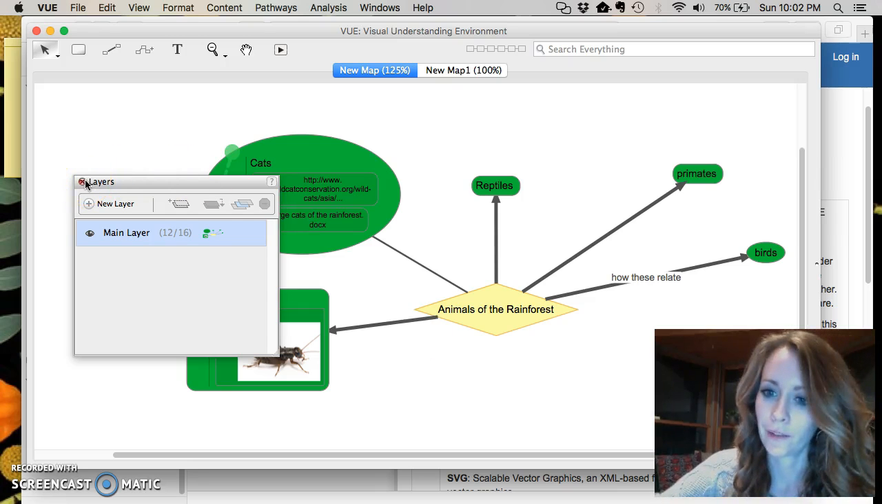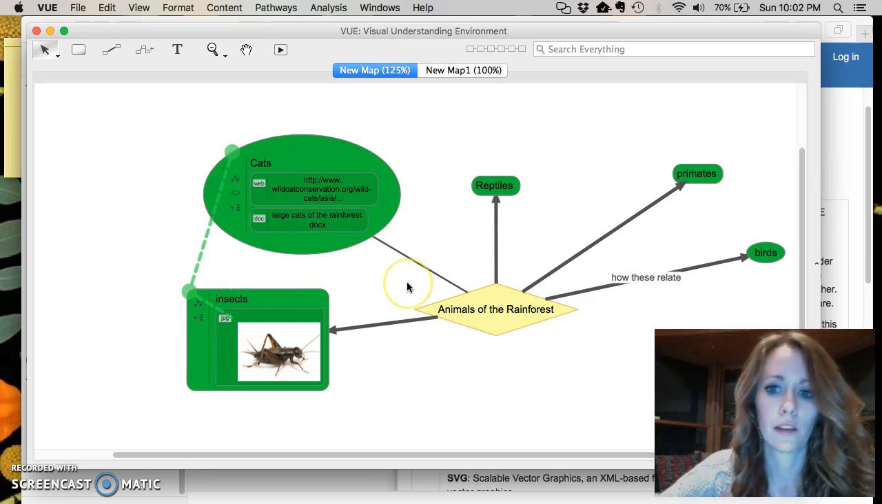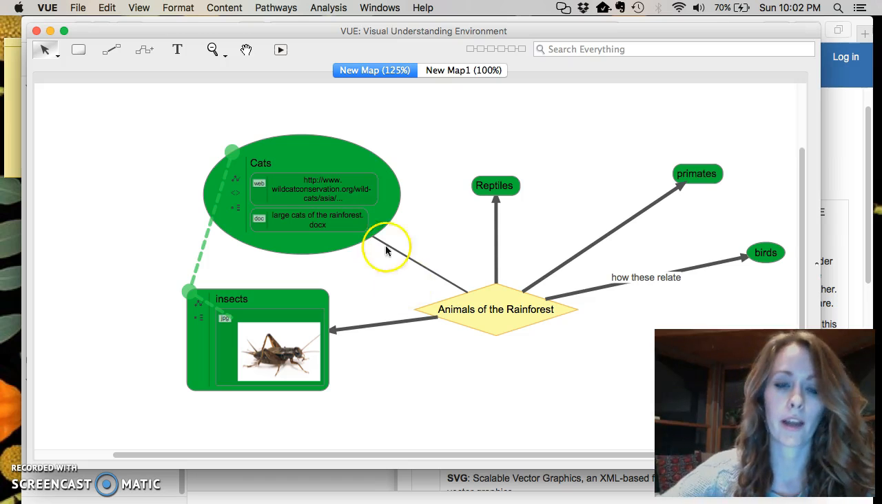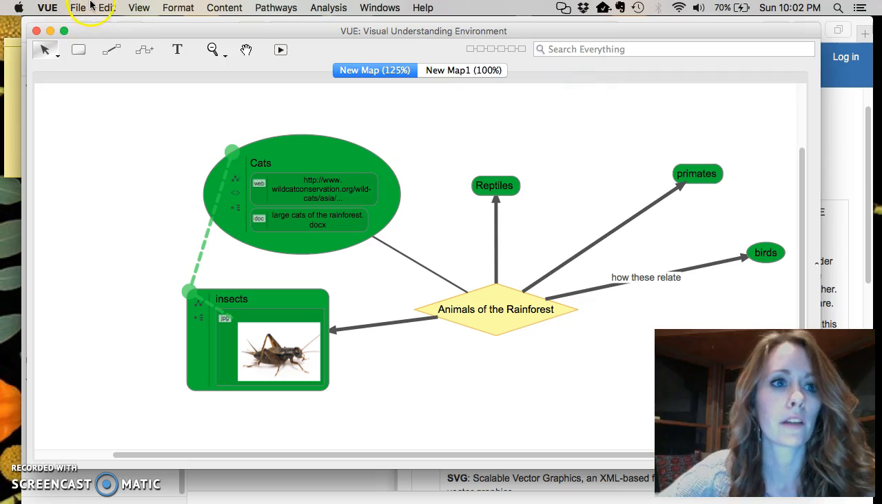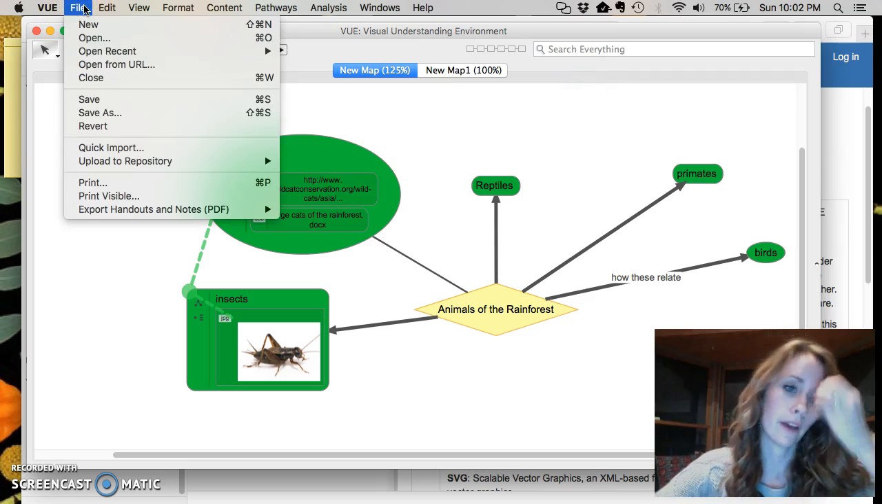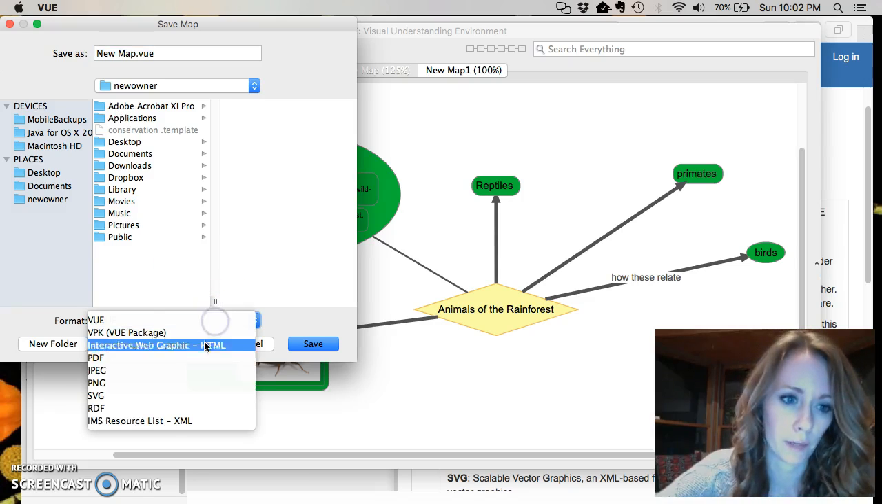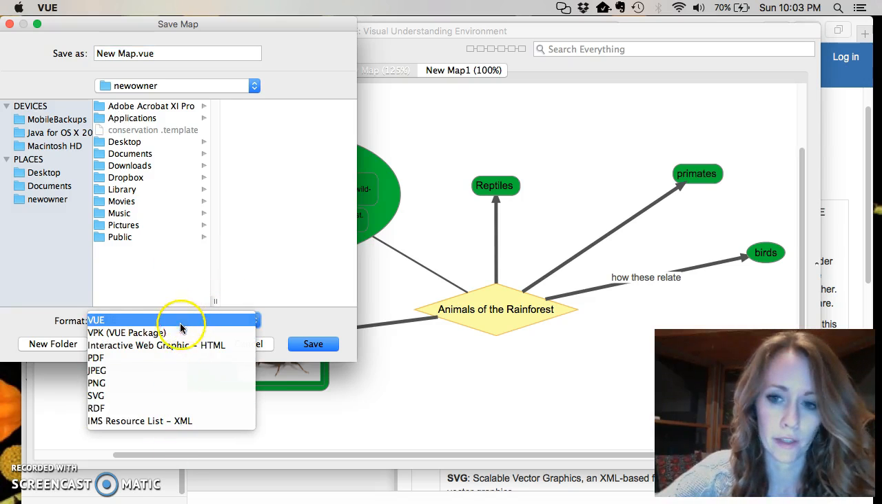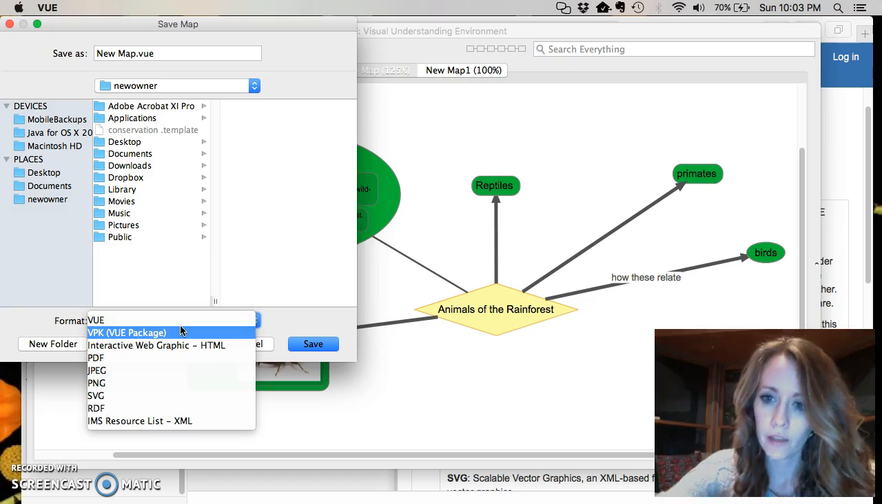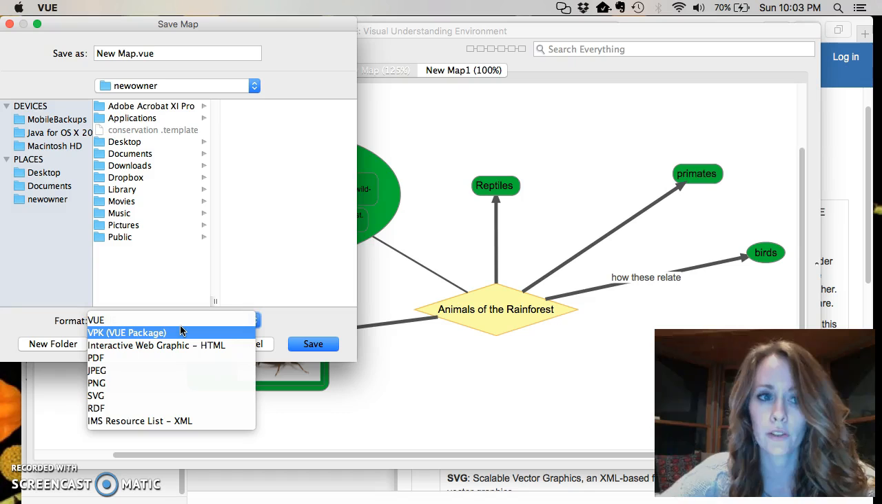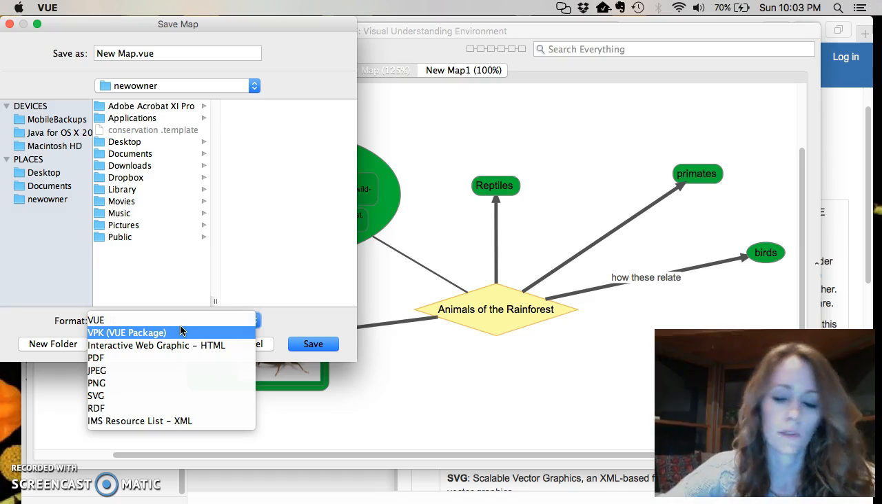So finally, now that we've created and are ready to share and export our view, what we're going to do is go up to the main menu, click File, and Save As. You have lots of options for how you want to save it. The best way to export a view for someone else to get its full functionality, especially if you have content,